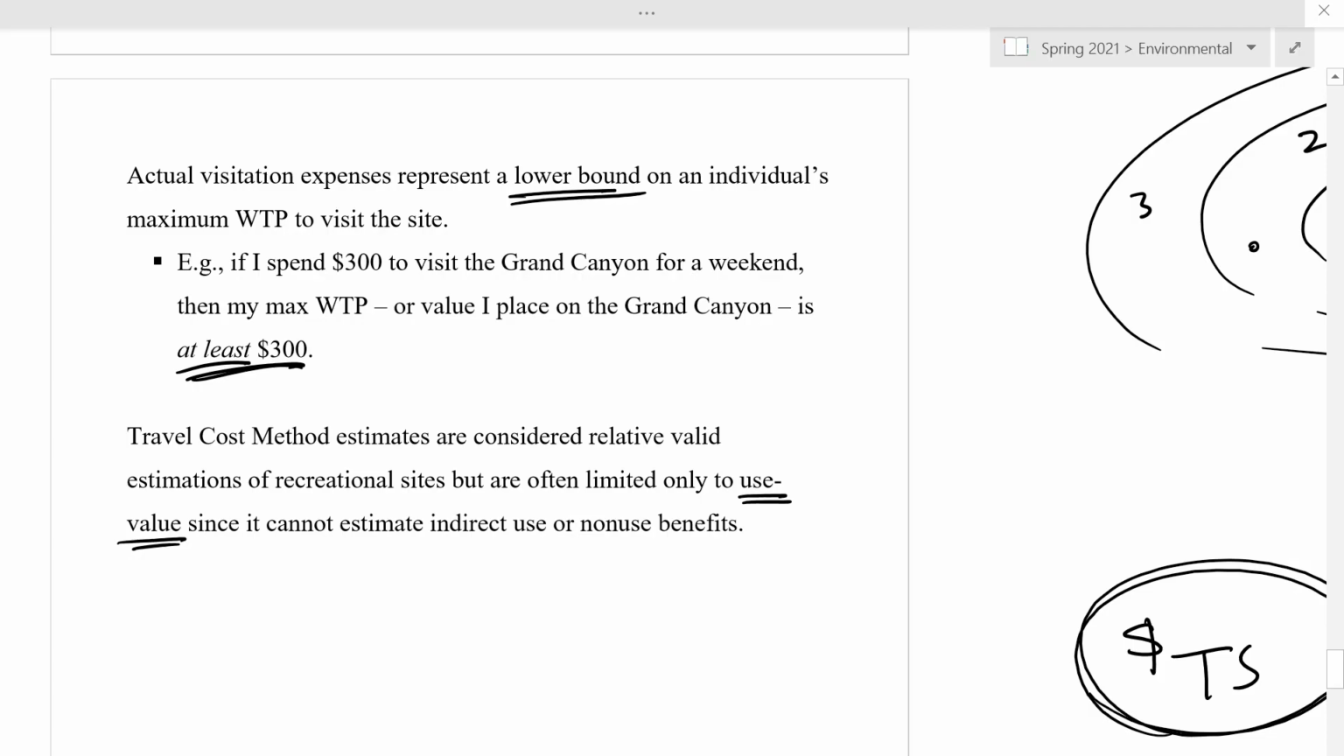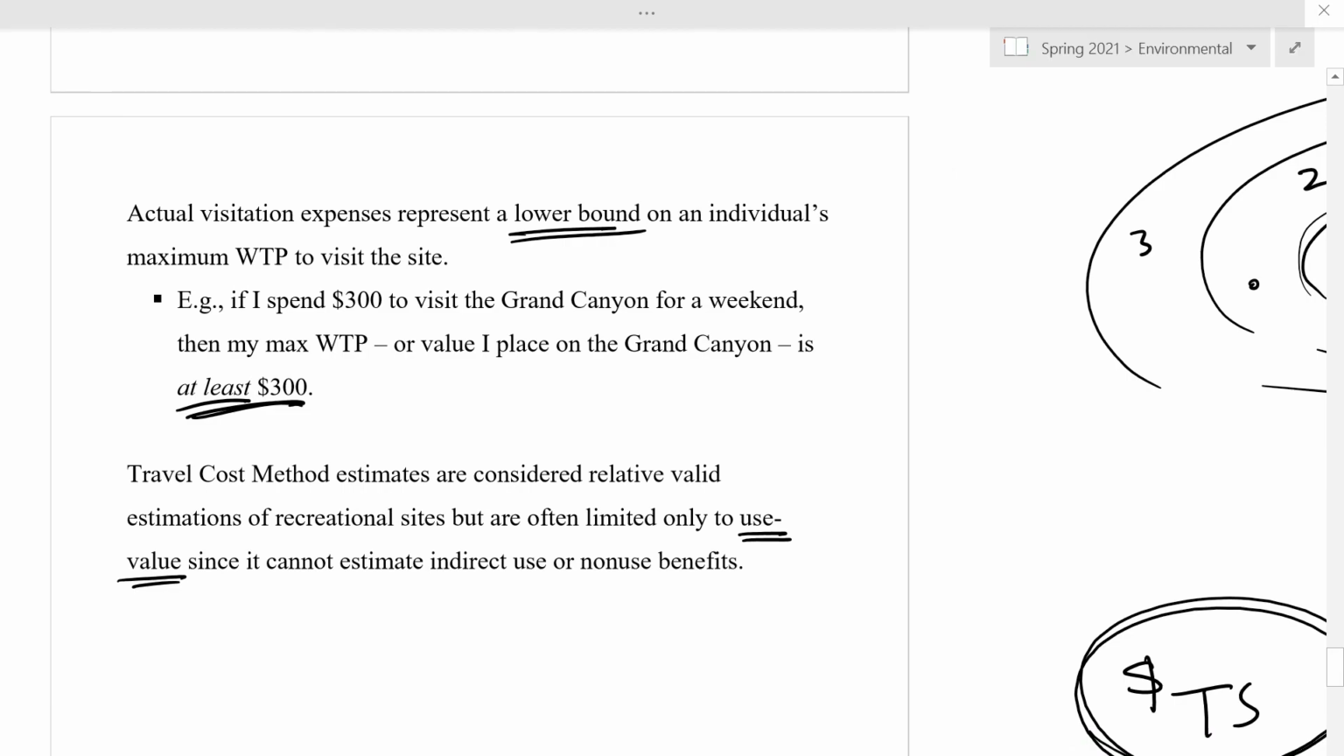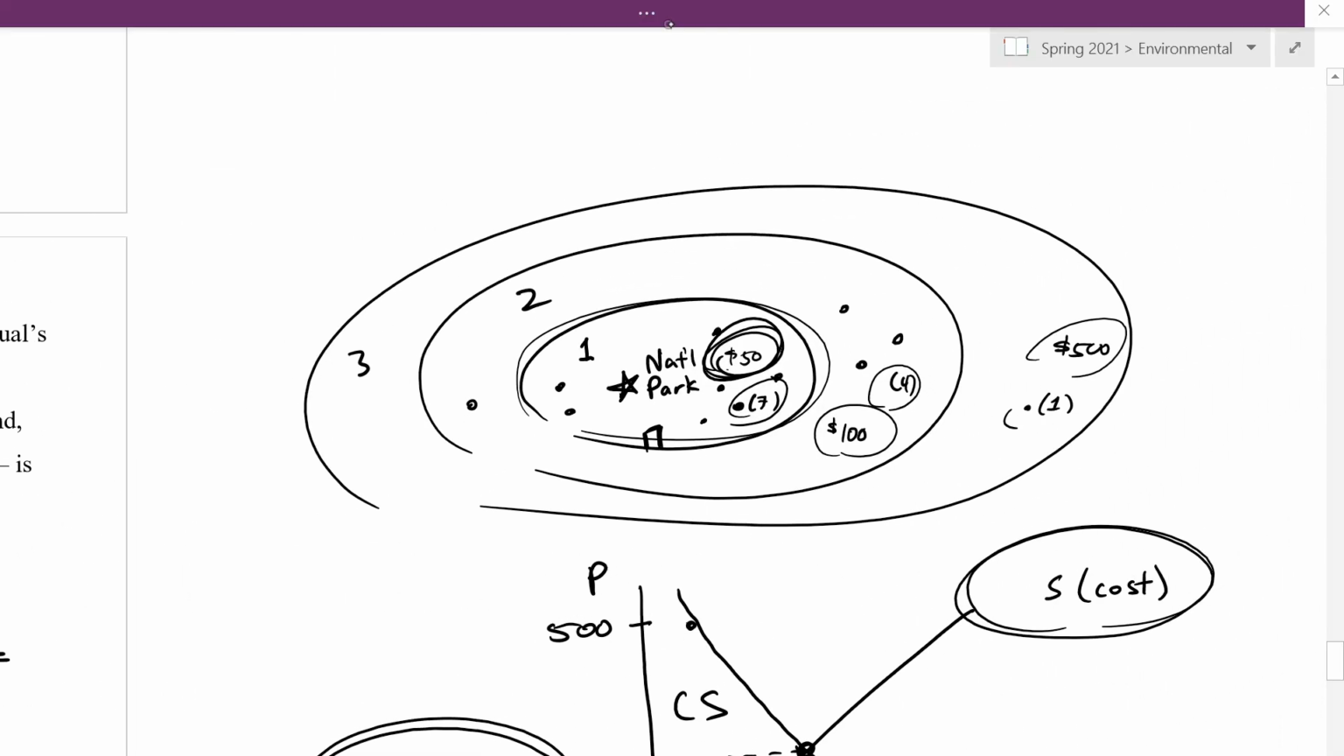The different types of value: use value, non-use value. You can only ask people how far they've come to use the resource if they're actually using it. So it's much harder to get the indirect use or the non-use benefits from a survey like this. So again, what we could also say is that this is also going to be a lower bound, because there may be other people still,